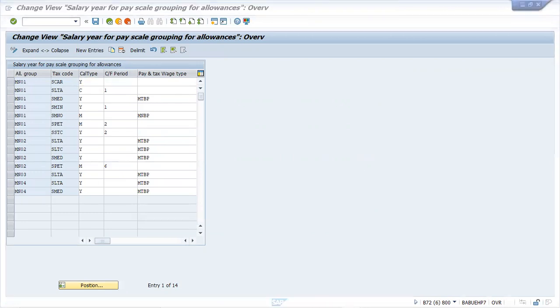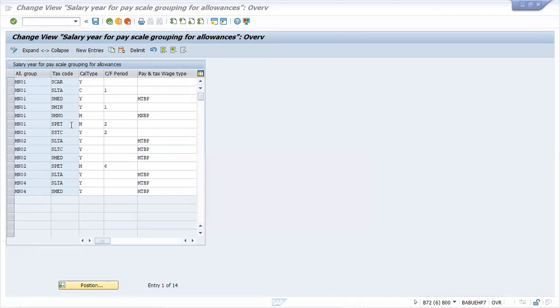Allowance, so this code will be used for your specific allowance grouping. Whichever allowance grouping the employee belongs to, the corresponding tax code must be there. If the person belongs to more than one allowance grouping for a particular reimbursement period, then an entry must exist in the view for all allowance groupings. Suppose there are two allowance groupings, so you should have two different tax codes for that. That is the concept here.